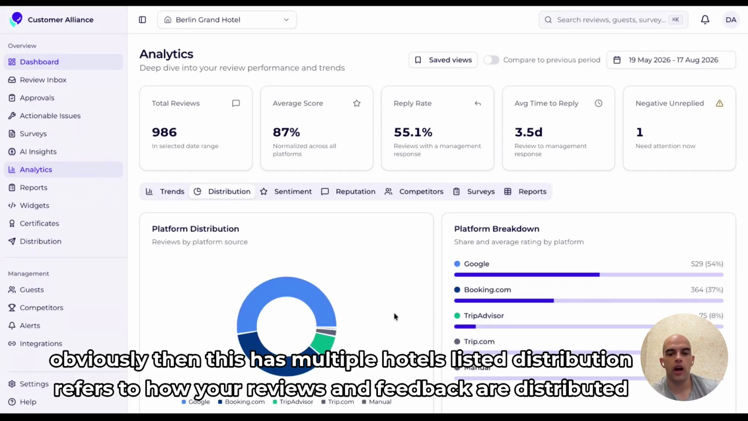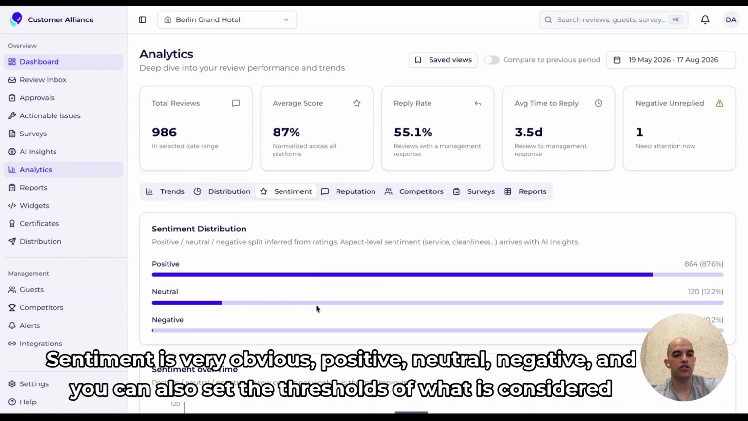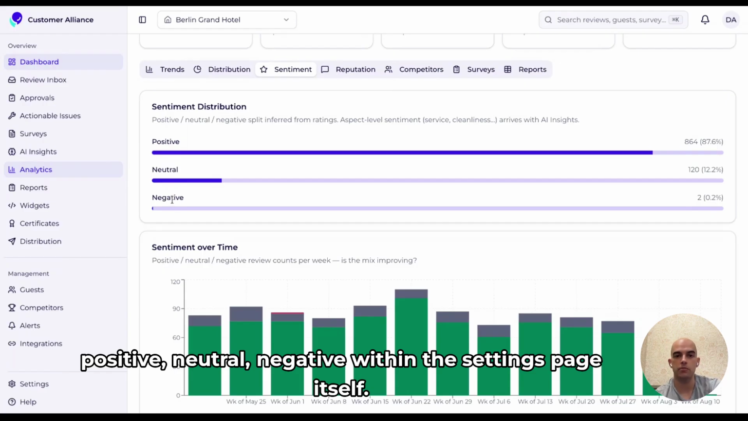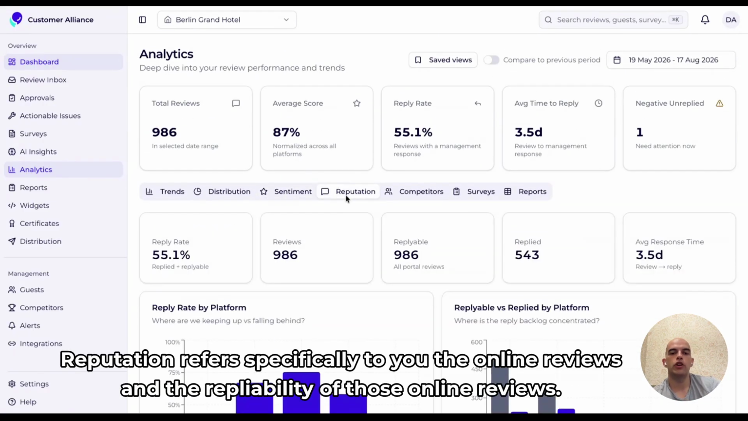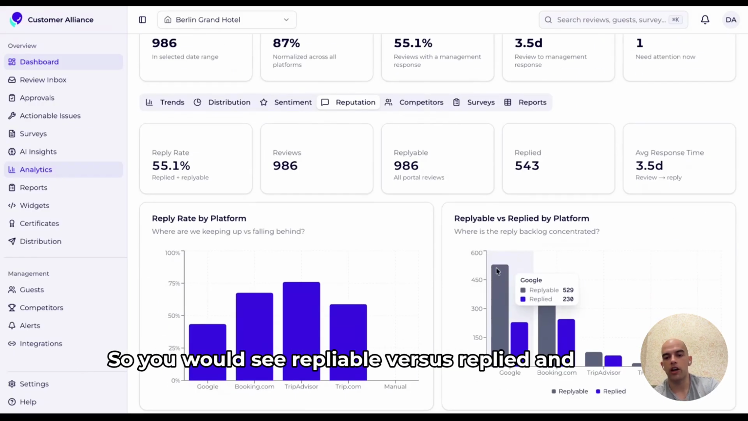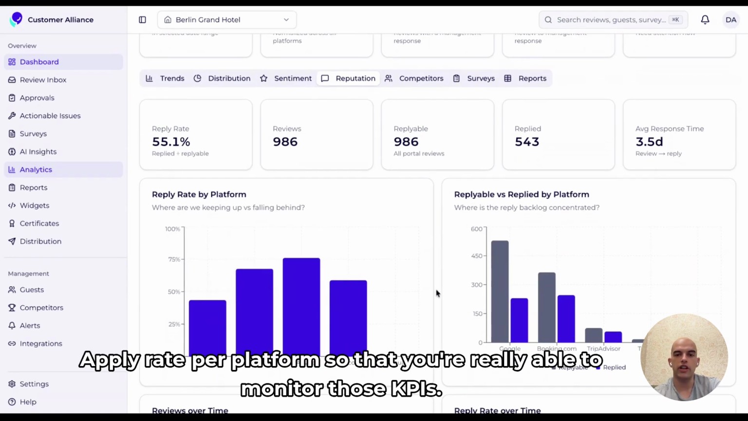Distribution refers to how your reviews and feedback are distributed across different OTA channels. Sentiment is very obvious: positive, neutral, negative. And you can also set the thresholds of what is considered positive, neutral, negative within the settings page itself. Reputation refers specifically to the online reviews and the replyability of those online reviews. So this is why this is an important KPI here. So you would see replyable versus replied, and the reply rate per platform,